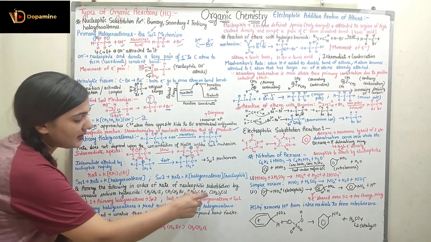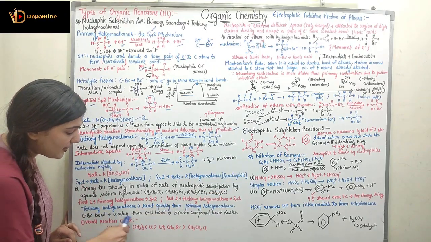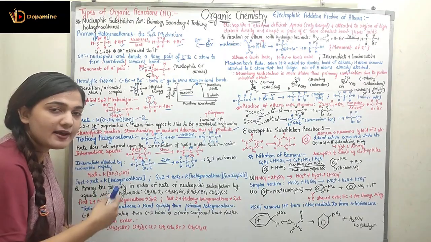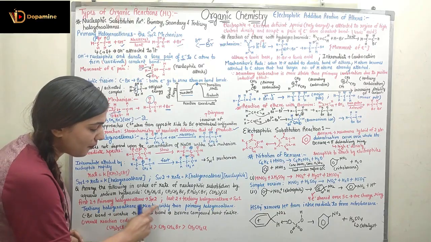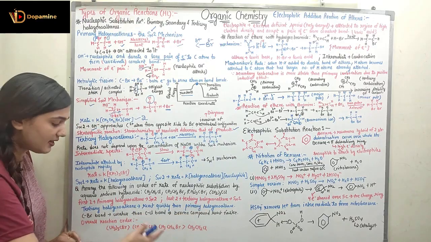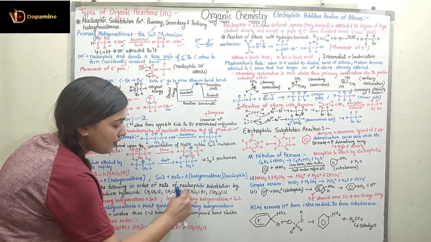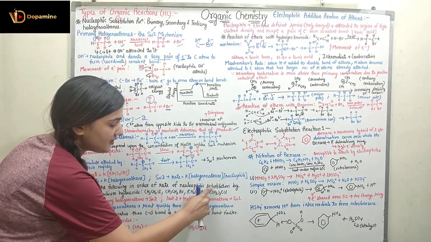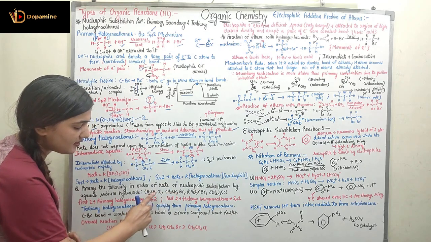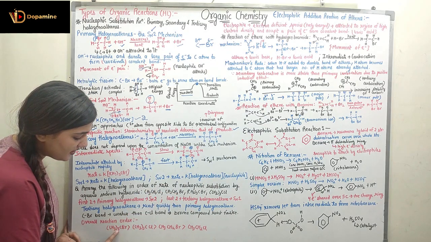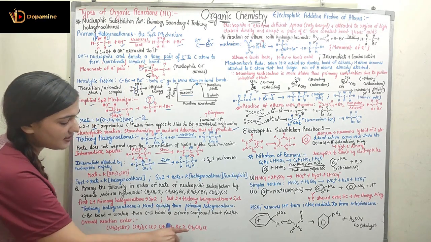Now, what is the difference between the last two? Here we have the bromide ion, here we have the chloride ion. The C-Br bond is weaker than the C-Cl bond. So when doing the reaction, the C-Br bond breaks faster than the C-Cl bond, which is the stronger bond. So bromo compounds react faster than chloro compounds. Coming to the overall reaction order, (CH3)3CBr reacts faster than (CH3)3CCl, and after that we have CH3CH2Br, then CH3CH2Cl. So the overall order is (CH3)3CBr greater than (CH3)3CCl, greater than CH3CH2Br, greater than CH3CH2Cl.